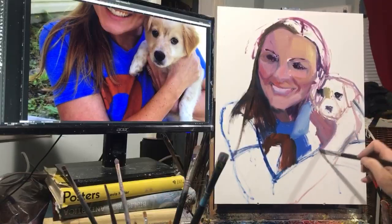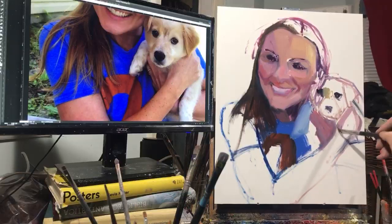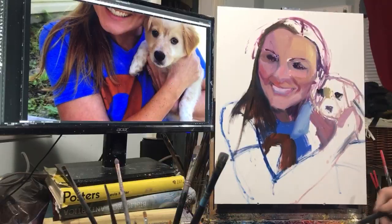And then in contrast, her arm over top of that has a lot more light on it. And doesn't have a whole lot of color, but it's still in that sort of pinkish family. So I can just go much lighter